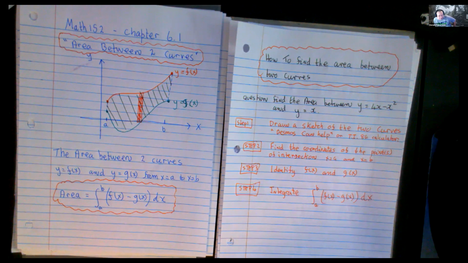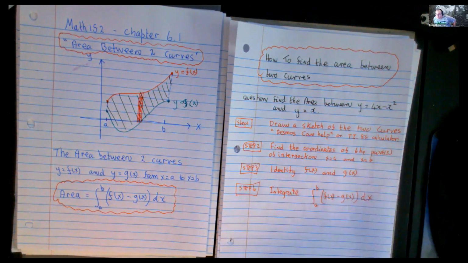Now, once you've identified who the f of x and the g of x is, you basically integrate, and that is it. So let's show you us going through this question. So first thing I'm going to do